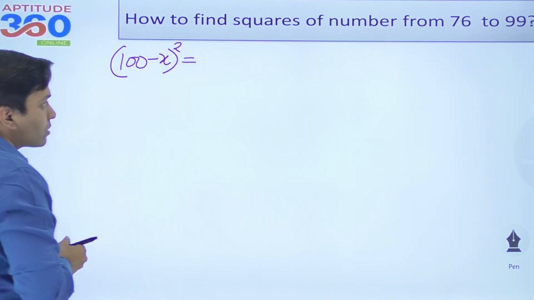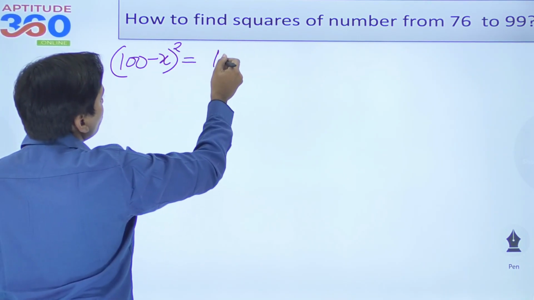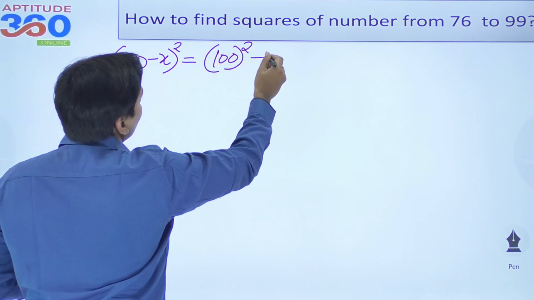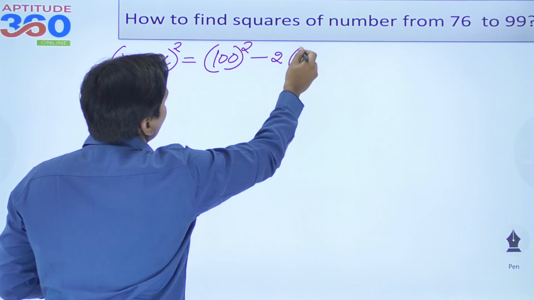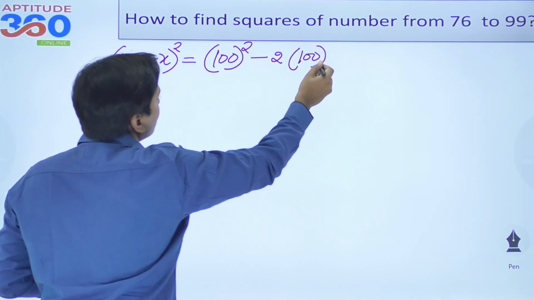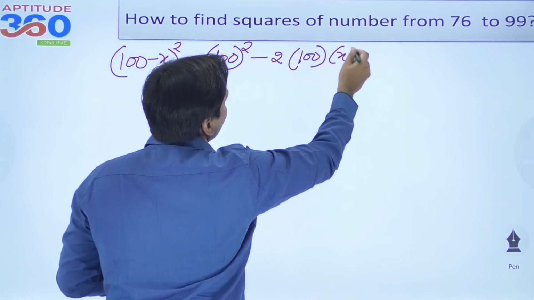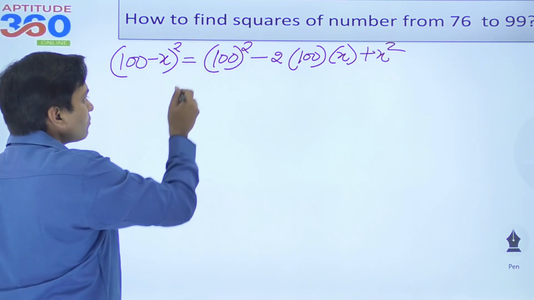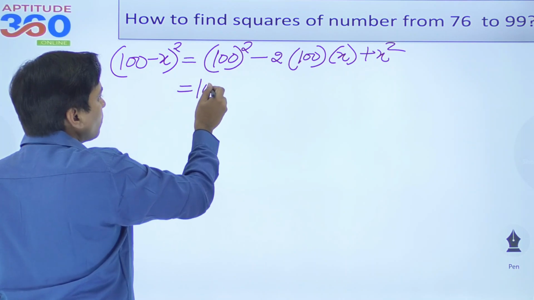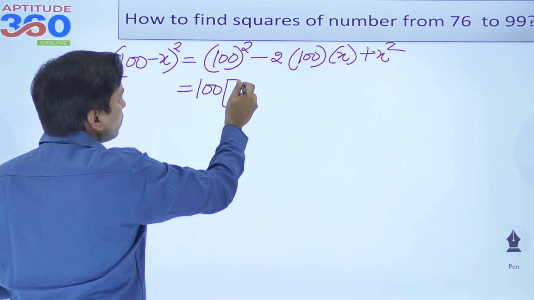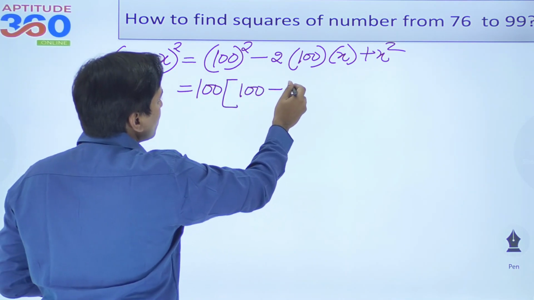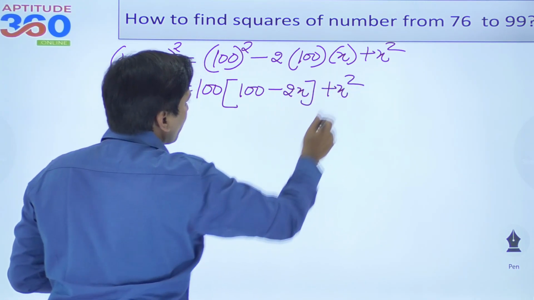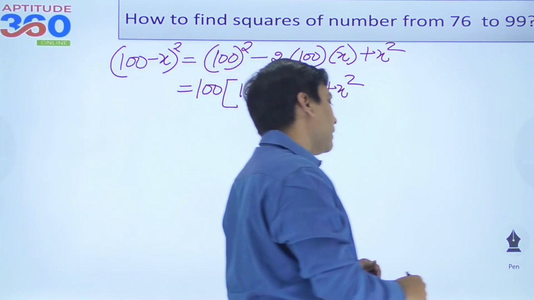What is going to be 100 minus x whole square? That is 100 square, and then minus 2 times 100 into x, plus x square. That's what I have to do. And what if I take 100 common out of it? If I do so, this number is going to be 100 times 100 minus 2x, plus x square. As I said previously,